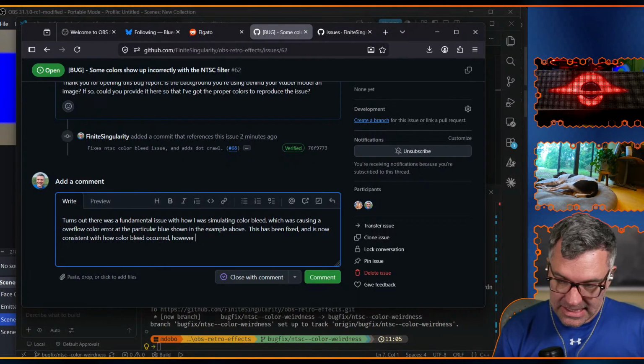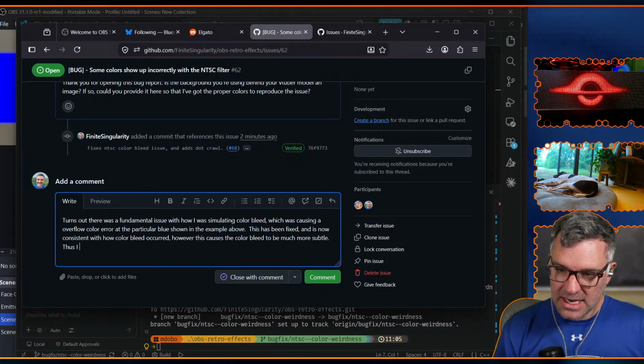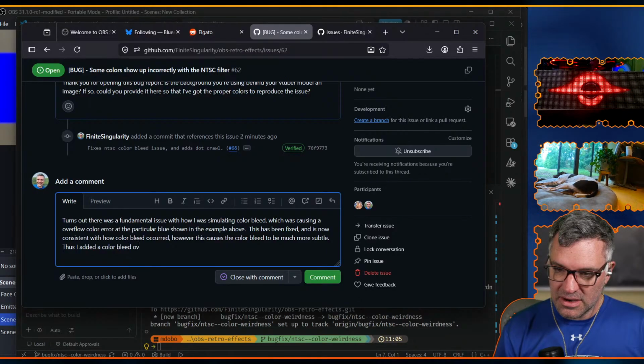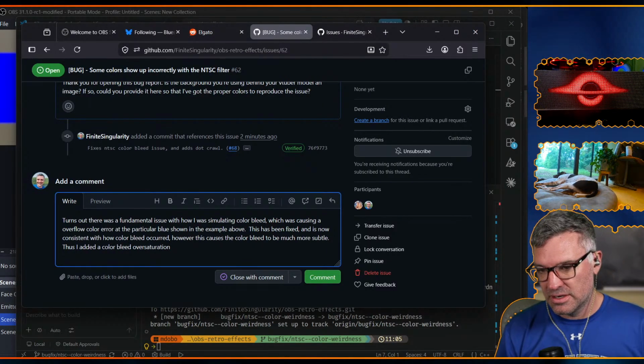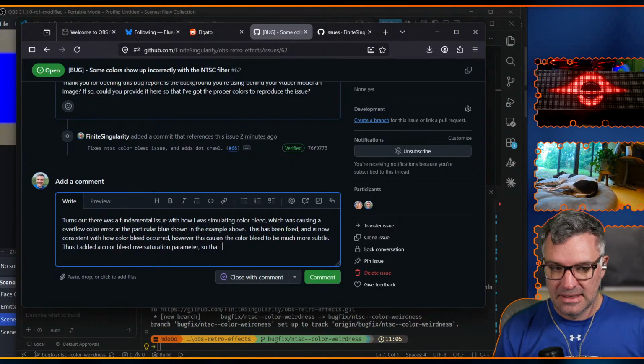However, this causes the color bleed to be much more subtle. Thus, I added a color bleed oversaturation parameter so that the more